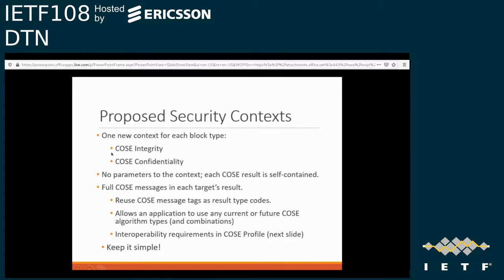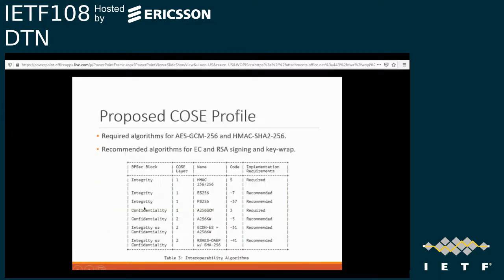There are libraries, there are troubleshooting tools to deal with COSE messages. And the security contexts that are defined here are done in a way, again, to fit into the BPSec model. We are reusing COSE message tags as result type codes so that we're not inventing new code points here. And although COSE is extremely broad in its scope, this proposal has 2 required cipher suites, which are exactly the same as what has been prepared in that interoperability spec. So it doesn't represent a change in minimum scope, effectively, from that spec. And it has several recommended algorithms for PKI environments, which really aren't addressed by the interoperability draft currently,